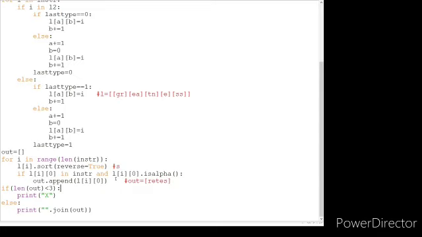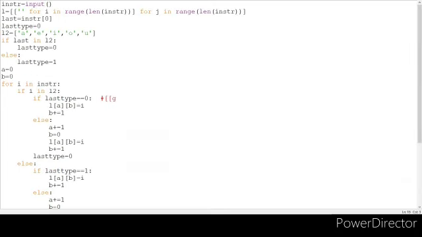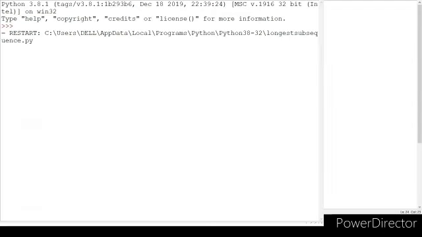Now we are checking whether the length of the output string is less than 3 or not. If it is less than 3, then we simply print X. Otherwise, we print the output. Now let us look at the output of the code. Give the input: Greatness. So RETS is the output of our program.